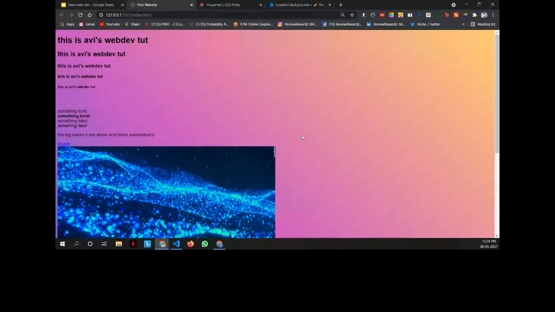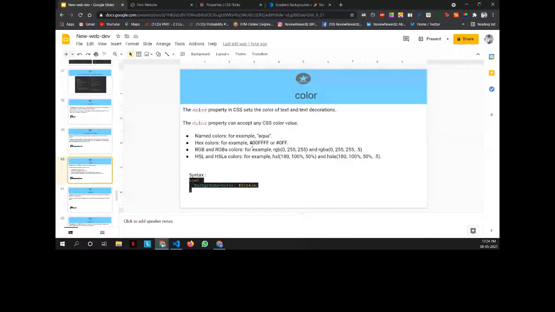Now moving on to color. Color is also the property which gives the...